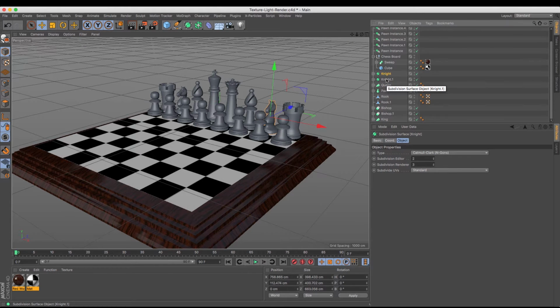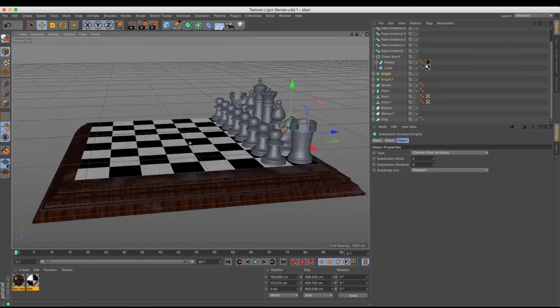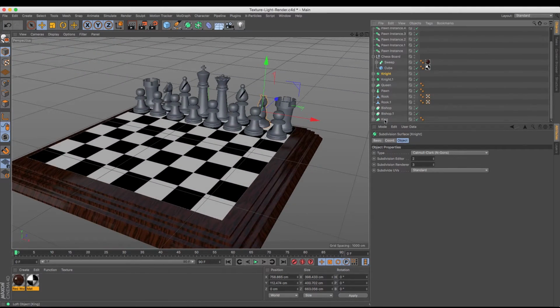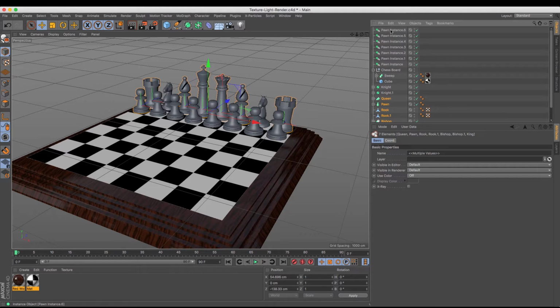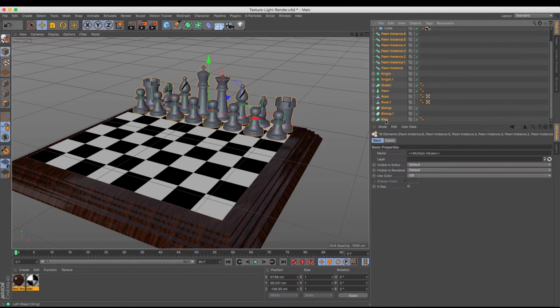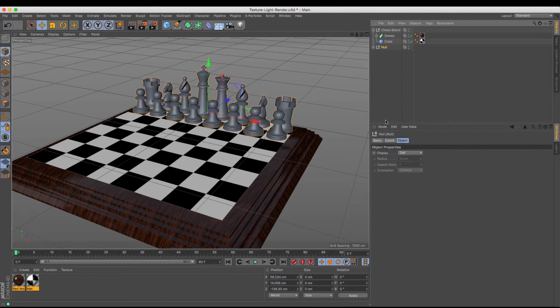Now, easiest thing to do in order to get these guys over the other side, okay, I can just select all of them. Okay, I need all of those pawn instances as well, so I'm just going to move the chessboard out of the way. So select all of those, and I'm just going to group them. Okay, and just label them